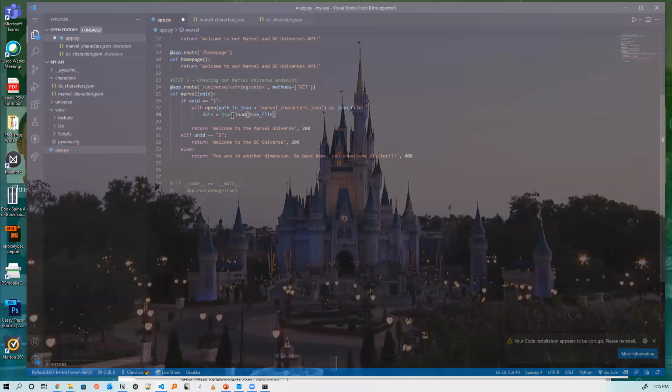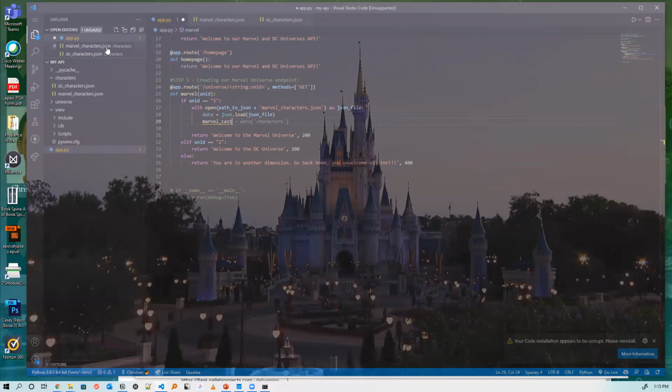And then we type in our next line of code, which would be marvel_cast, or marvel_characters. I prefer marvel_cast so that I can differentiate the Marvel characters list here in the JSON file. And my variable marvel_cast equals